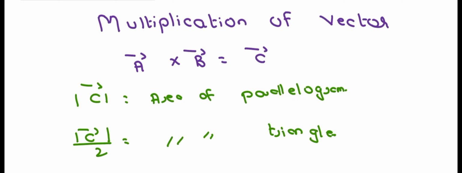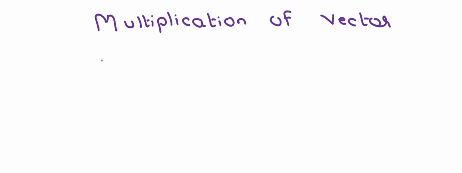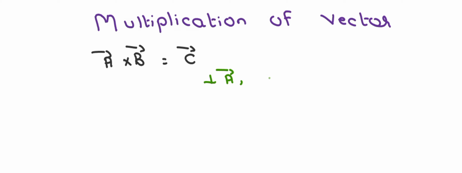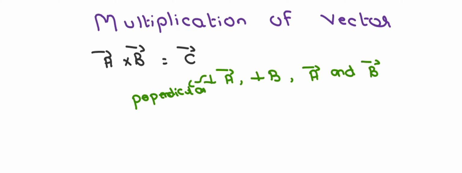Now, that is for the magnitude of the cross product. Let's talk about its direction. If we have two vectors, a and b, the cross product of these two vectors gives us a vector quantity, let's suppose c. This c vector is perpendicular to the a vector and also perpendicular to the b vector. This symbol is the sign of perpendicular. This c vector is also perpendicular to the plane containing the a vector and the b vector. There are two methods to determine the direction of that c vector. Let me show you how.